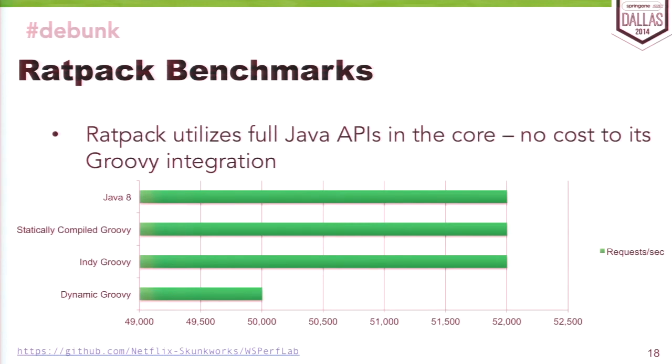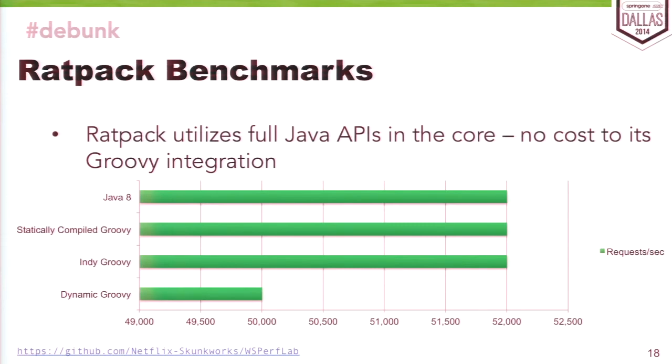And finally, I ran it with dynamic Groovy, and again, all of this was designed just to see what the cost was and what was going to be our preferred recommendation for using Groovy in Ratpack projects. And dynamic Groovy these days is actually still pretty good. We got 50,000 requests per second throughput, but as you can see here, this graph is not terribly compelling. Java, statically compiled Groovy, and Indy, they all scored the same. There's no difference here. It's only when we fall back to dynamic Groovy where we have the cost of